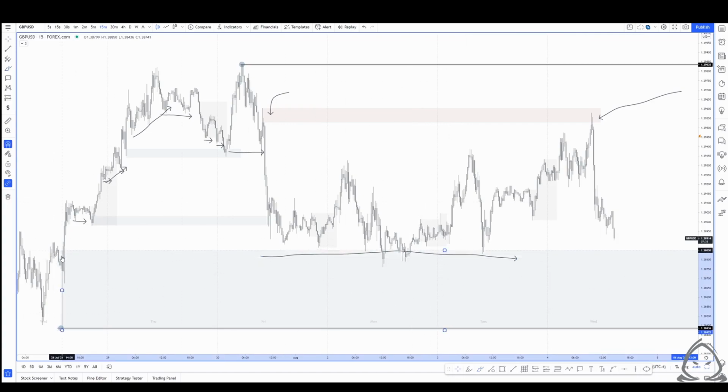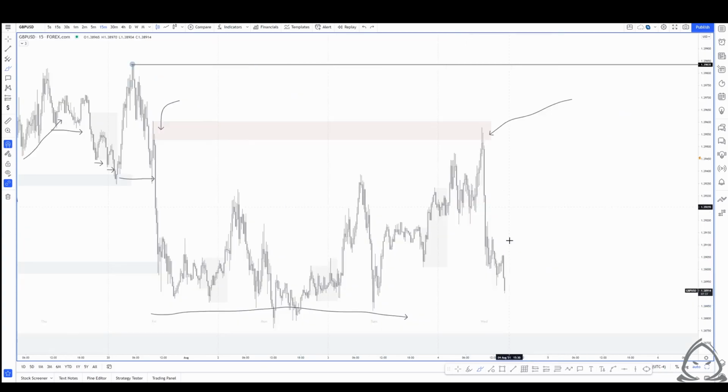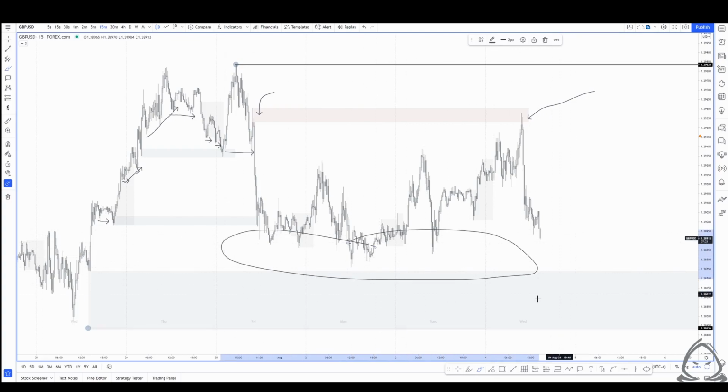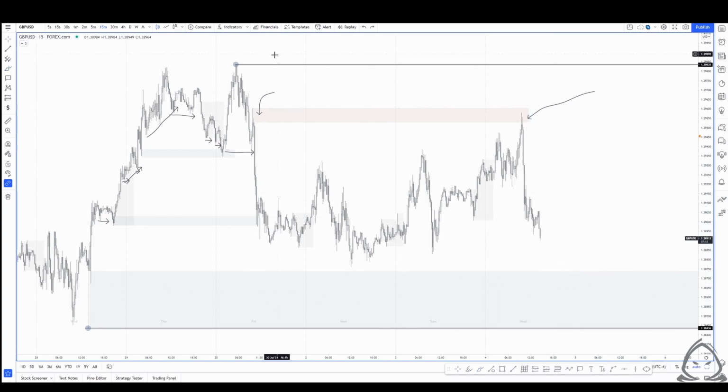If we were to refine our zone on a 15-minute, we could look at something like this. And if we look at that, we can see that we haven't actually tapped into this zone. So what this would end up being is inducement, or a build up of liquidity for the sole purpose of grabbing the orders that rest below, the sell side liquidity that rests below, to tap into demand and then continue moving to the upside if we are to target this high and continue making a higher high and continuing on